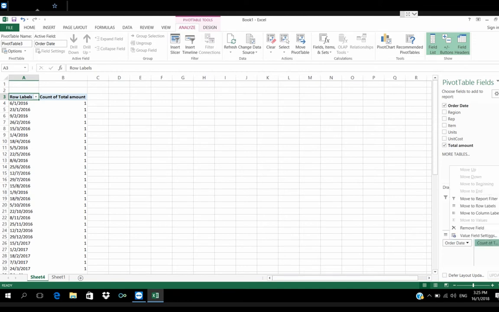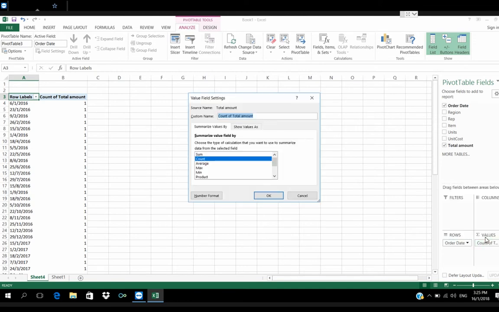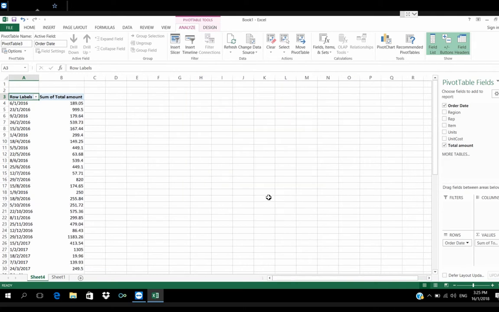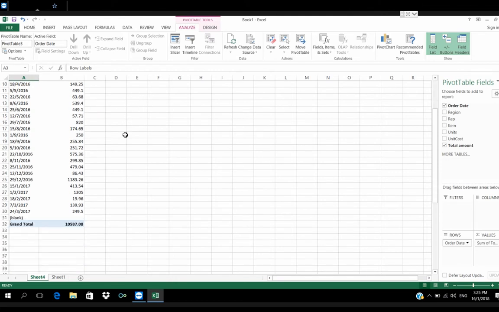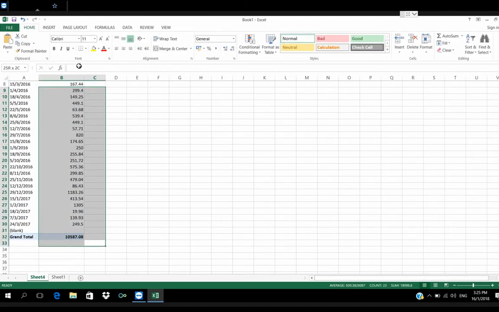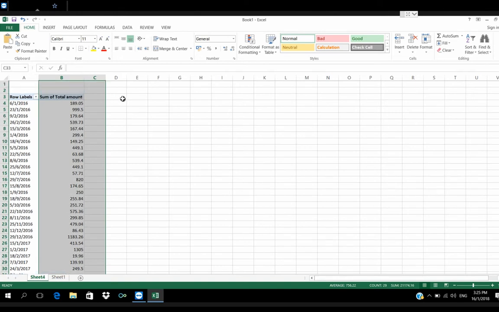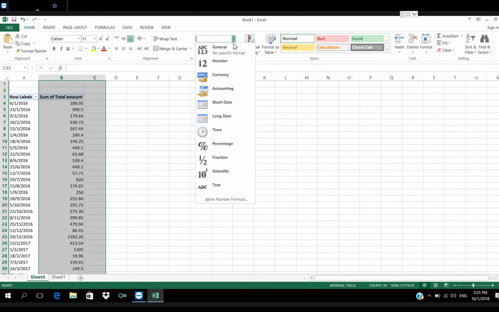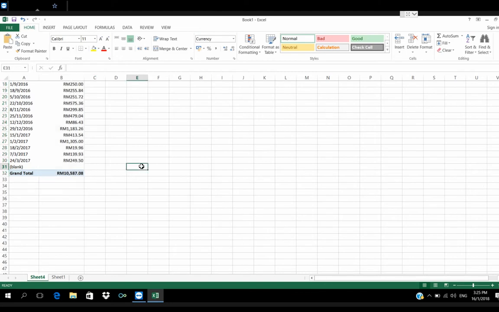So I'm going to go to settings and change it to sum of total amount. You can see the number now. If you want to add a currency to it, you can select this row and change it to currency.